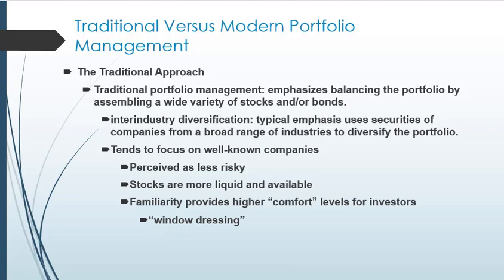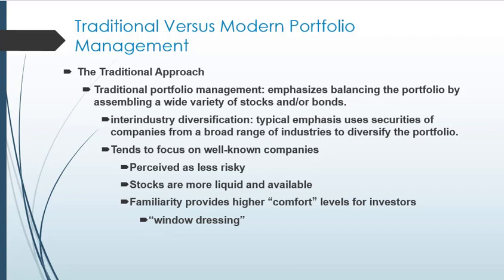Since we're looking at a wide variety of stocks, there would be lots of different industries involved. They could be domestic, they could be international, but they would come from a broad range of industry. So we would get a very steep and a very deep diversification from the correlations between all those different industries. Typically, they're going to focus on well-known stocks for some very basic reasons. Well-known stocks are perceived as being less risky. They're certainly more liquid and readily available than other kinds of stocks maybe, and just their familiarity provides some comfort